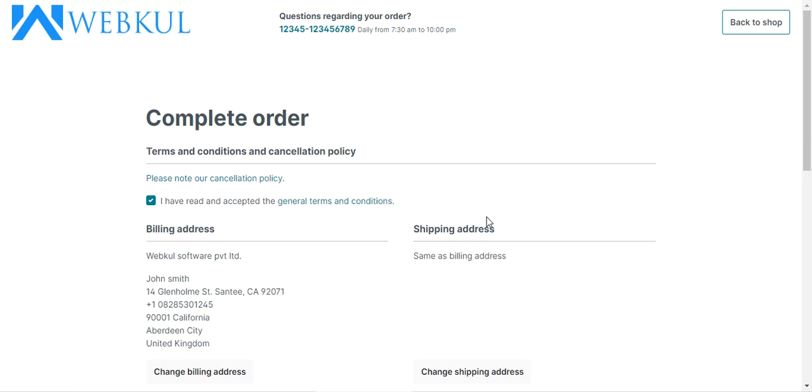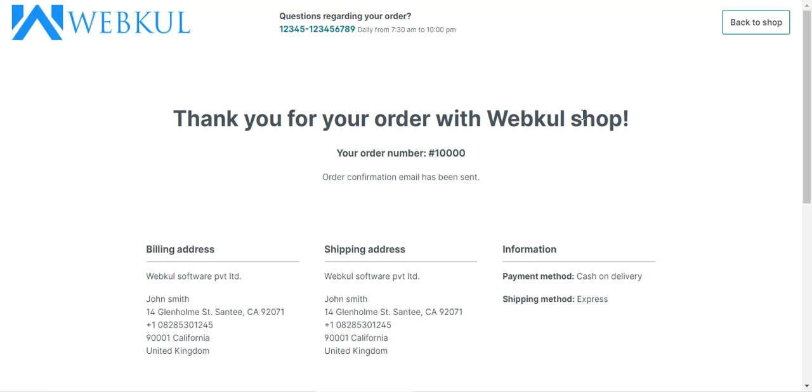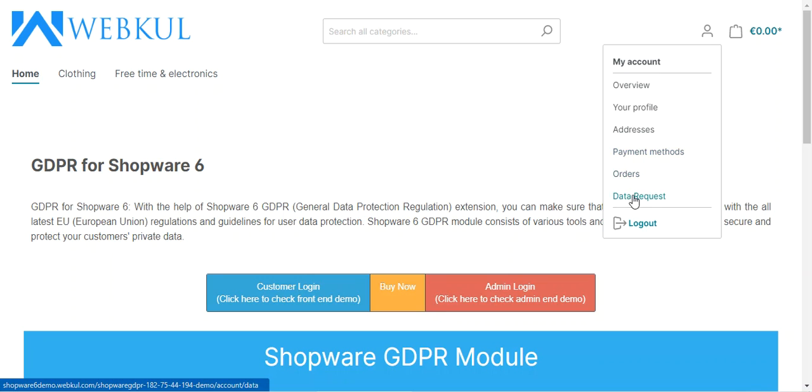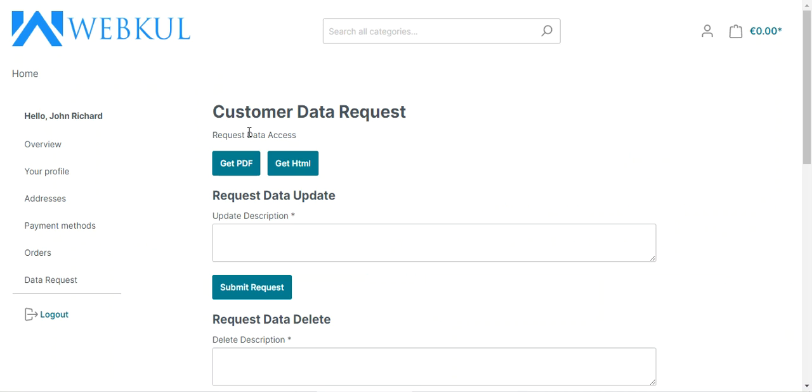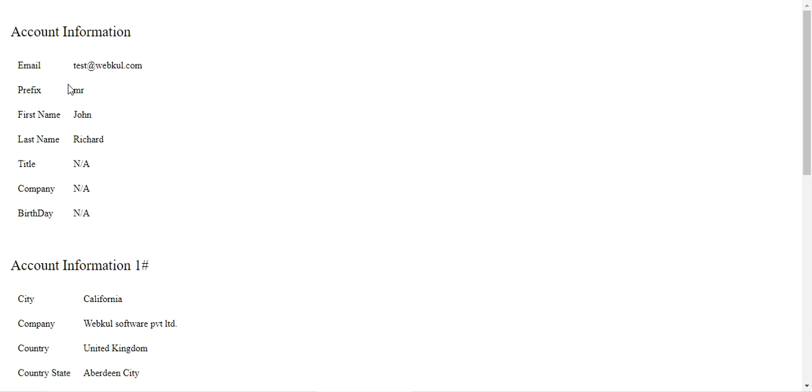Now after I've placed the order, I can go to the data request section once again. Let me go back to the shop, my account, data request section. Now I can request the data of my account by tapping on the get PDF or get HTML one. If I tap on get HTML, then HTML data would be displayed to me,